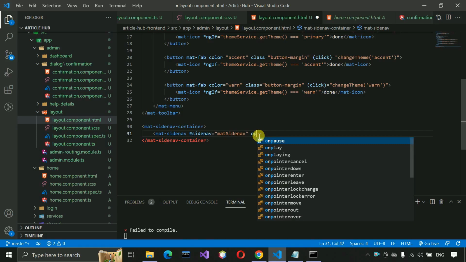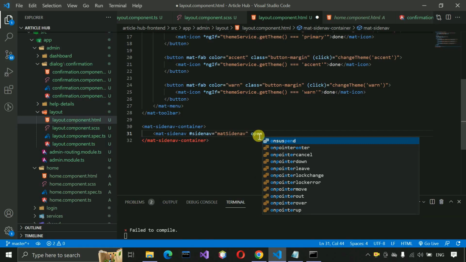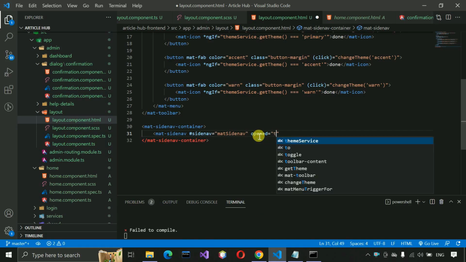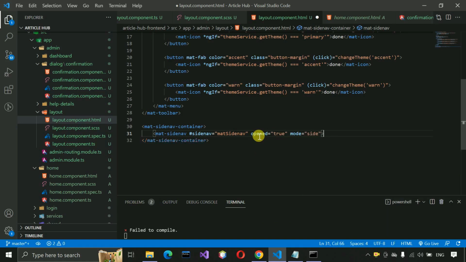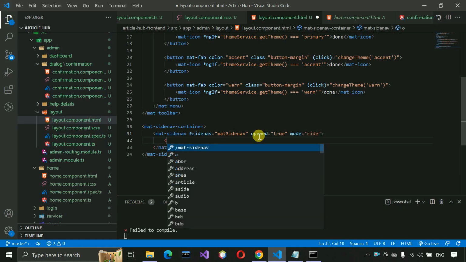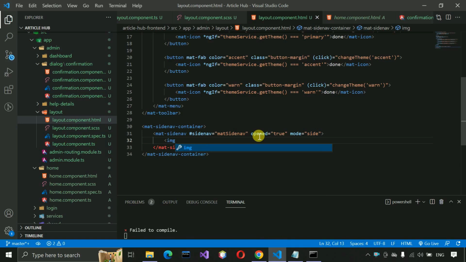By default it will be opened is equal to true, and mode is side. And after that, here we need to set the image and image class, and here we have to write avatar,